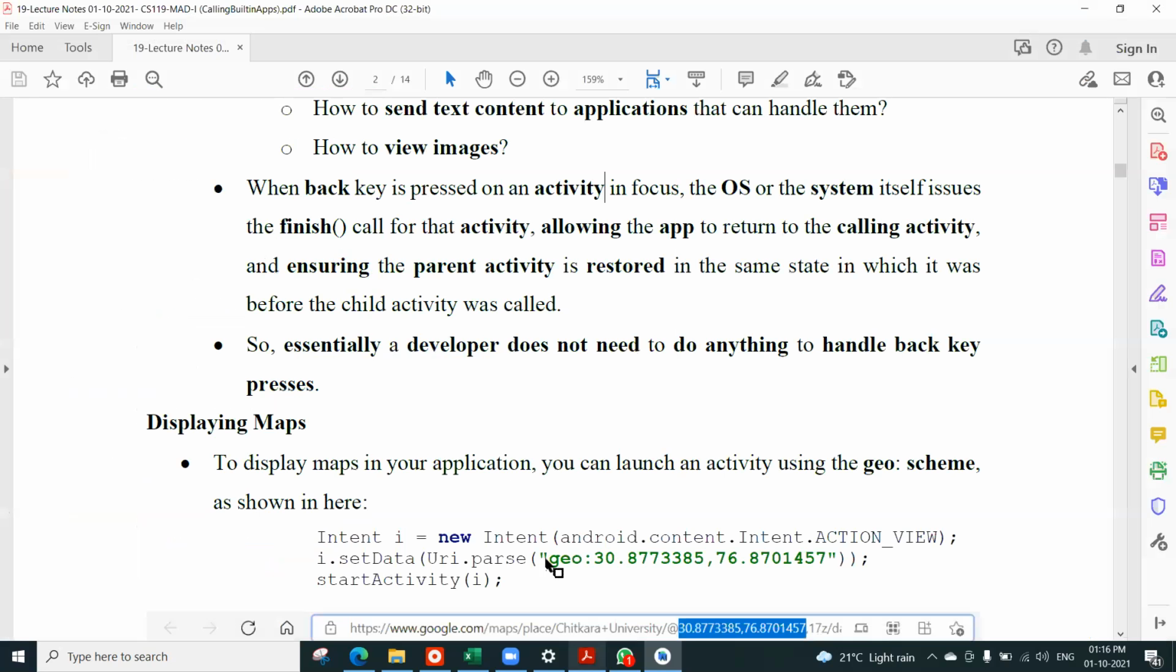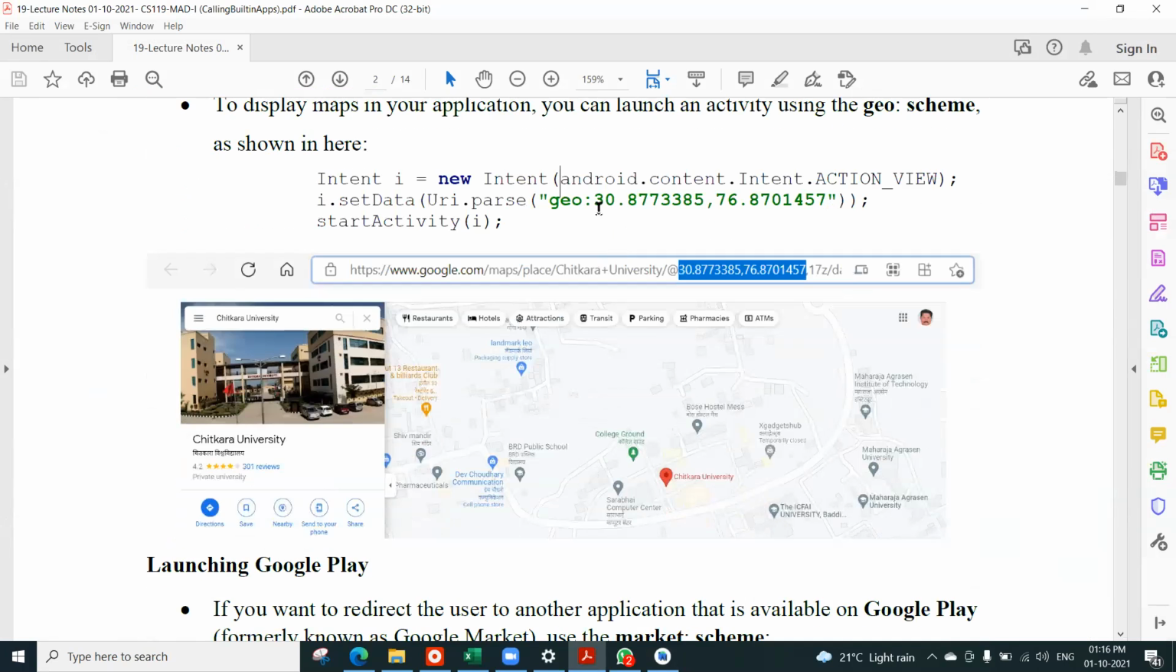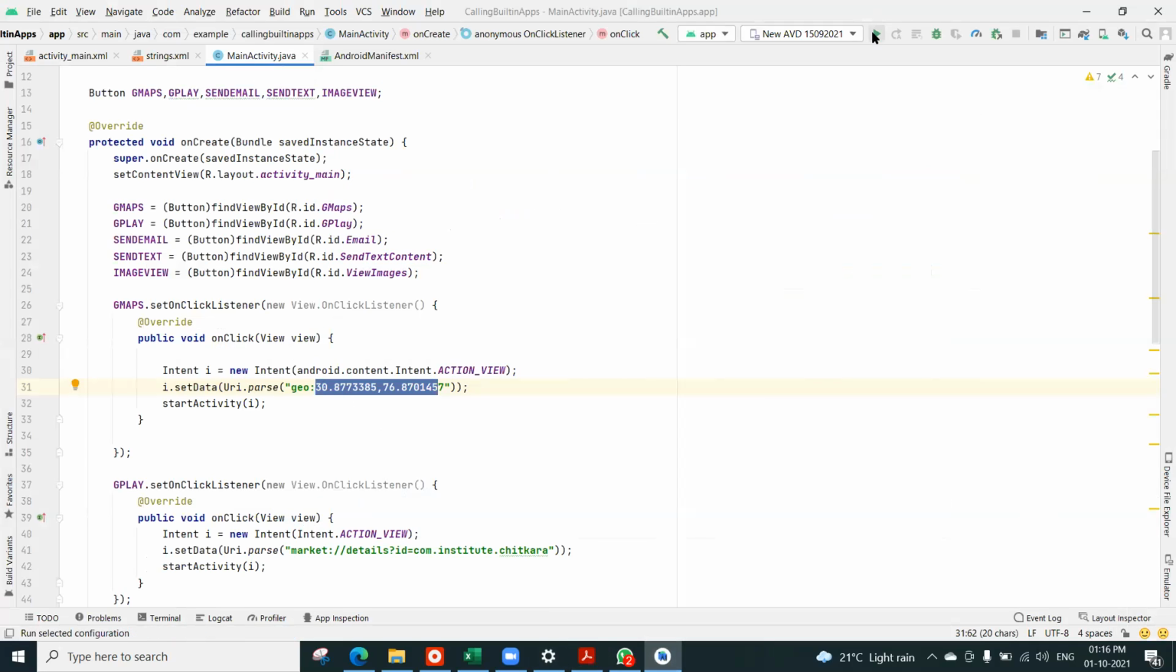Now you come to the lecture notes. See here, to display maps in your application, you can launch an activity using the geo scheme shown here. So this 30 and 76, this value is fetched from Google Maps while browsing through the browser, google.com maps. Whenever you go to maps.google.com, there you give Chitkara University and identify our Himachal Pradesh campus detail. Then in the particular URL you will find these values after the @ symbol that can be collected, and now in the code it is used. When we are running this app,